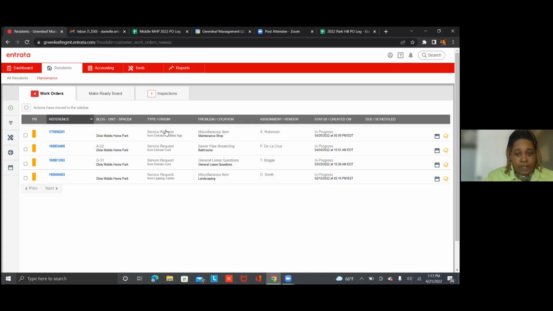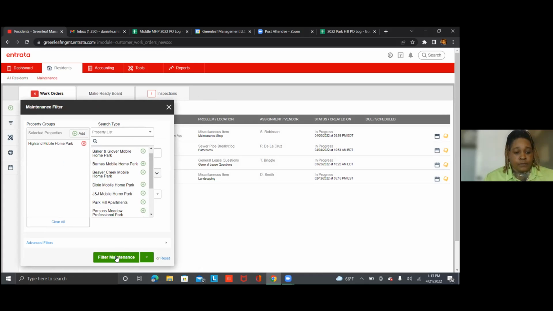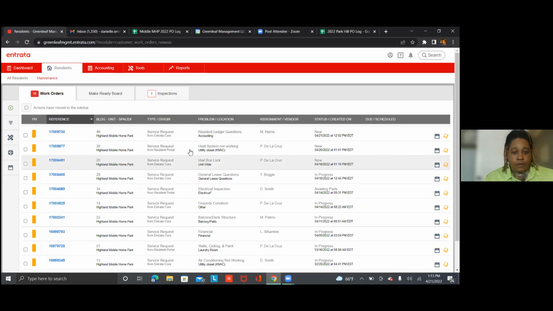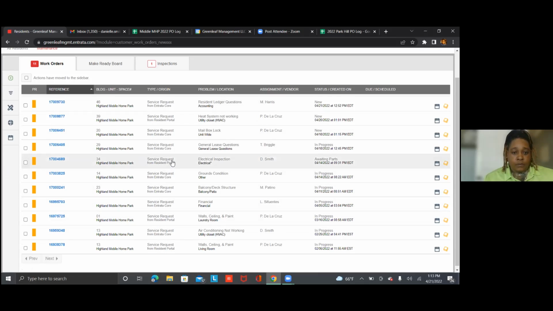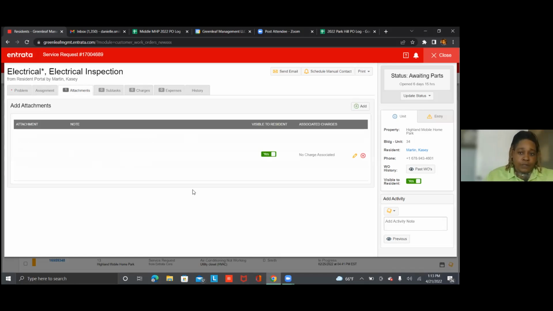Things I would tell my maintenance technicians to do would be to always put notes into the work order. So let's open one work order. Okay, so first things first, when they go to the unit, they find out what's going on. They add the attachments of the materials they purchased,